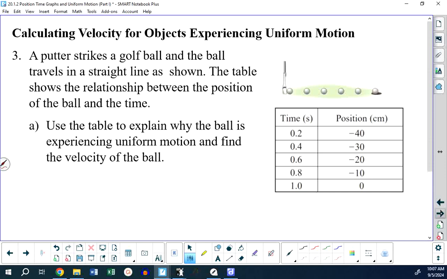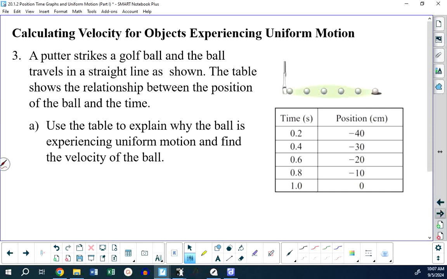If you look at that graphic I'm giving you, the spacing is consistent. And what that's implying is it's not speeding up or slowing down. This would be on what you call a fast green that's level. A slow green would be you hit the ball and all of a sudden it starts to slow down for a variety of reasons. Use the table to explain why the ball is experiencing uniform motion and find the velocity